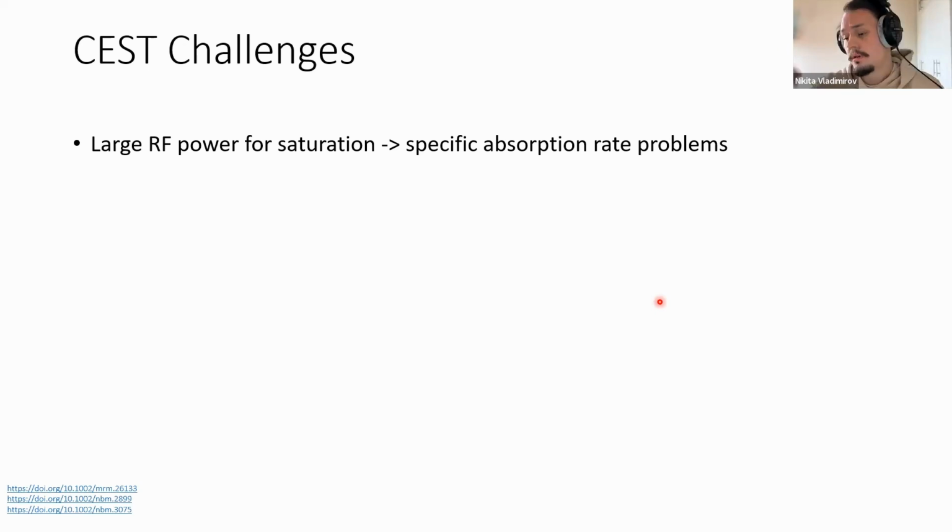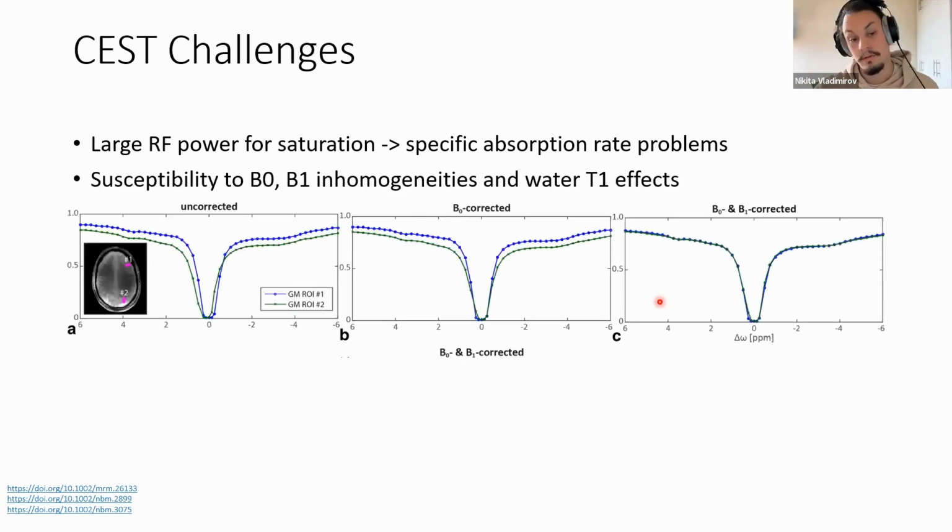And as I showed, there are several models for quantification, and they are based on steady state solutions. So we need to first reach some steady state. It takes some time and a lot of energy. In the clinical case, this is performed with continuous wave saturation, so just one big pulse, while in the clinics, we want to use something for the pulse saturation. And the next problem is that it's very sensitive to the inhomogeneities of B0 fields and B1 fields